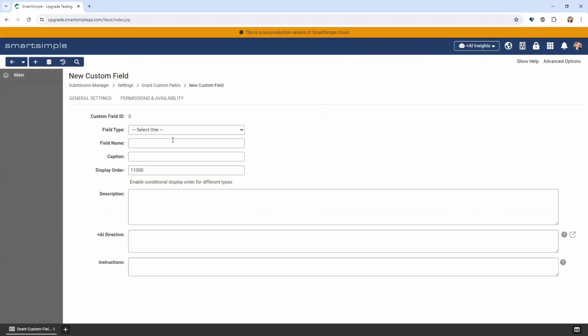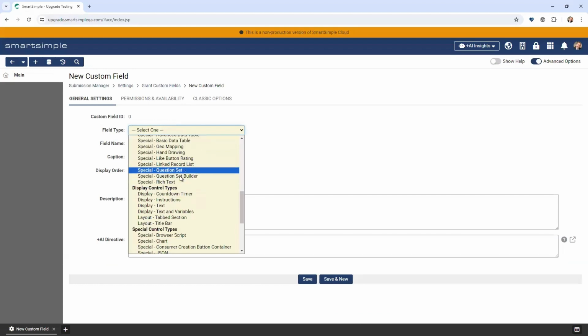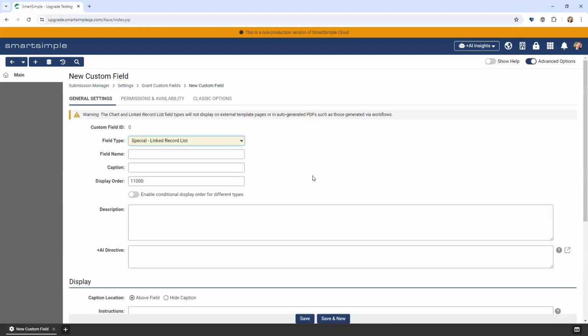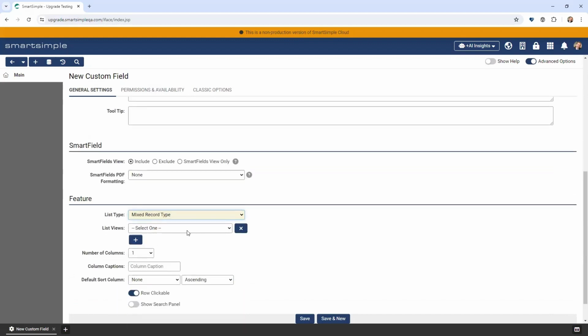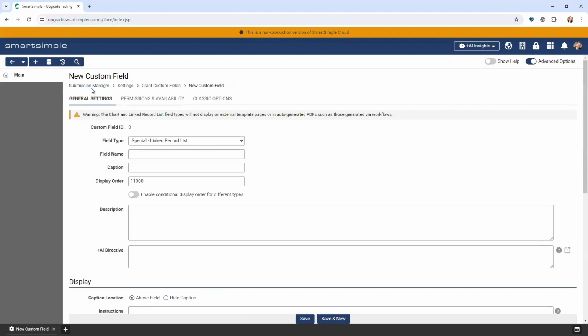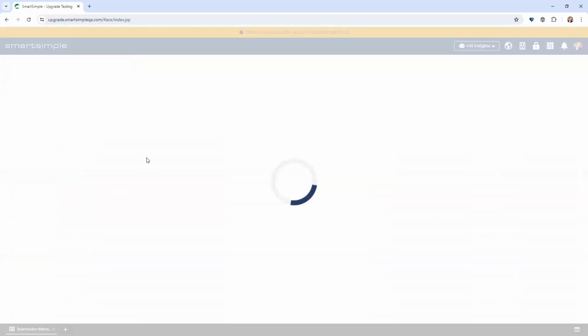So if I create a new one, I'll just show you this. A special linked record list. All right, so when I create a special linked record list, I can choose, I can show the activities in line, so you don't have to click on that left navigation, the contacts, invitations, organizations. The new one is notes. Also, mixed record type is very cool because I can have different types of list views and put them all into the single list. So that's really handy if you don't want to have